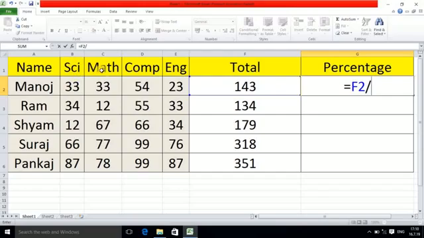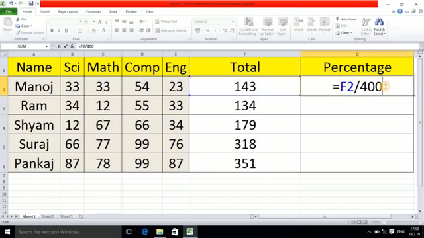Total mark means, suppose each subject paper is 100 marks, then the total will become 400. Suppose each subject has, suppose here we have 100 marks, then here you have, suppose, a total of 50 marks. So in this way the simplest thing is you have to add up each one, and after that whatever the total mark is, that you have to write. Here I am assuming each subject has a total of 100 marks. So out of 100 this student got such a mark. So 100 plus 100 plus 100 plus 100 will become 400. Whatever the subject total comes to, that total you have to write downside.